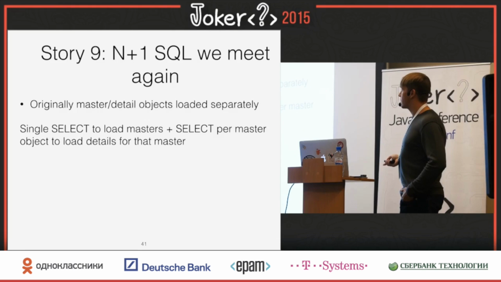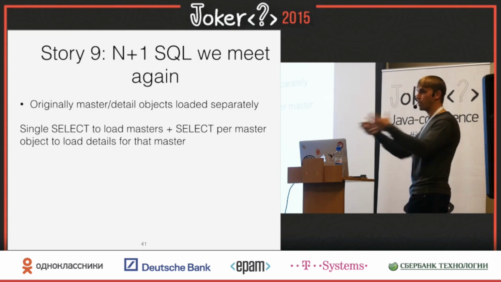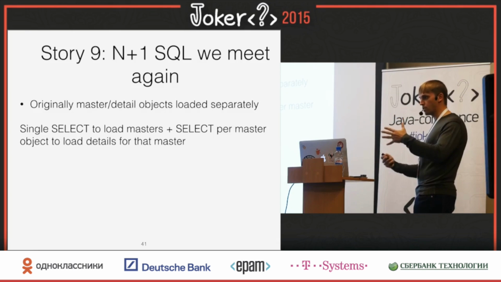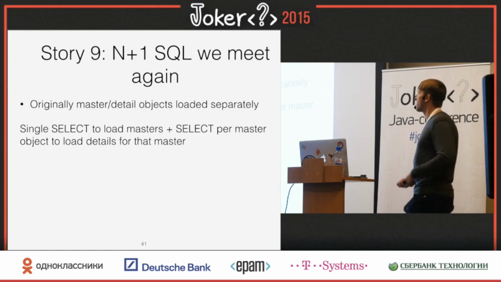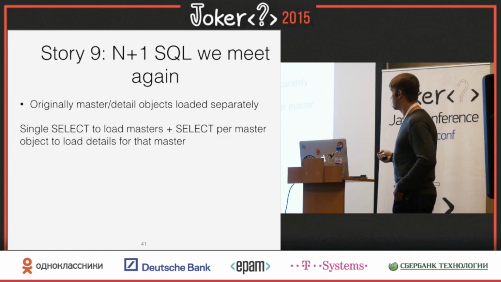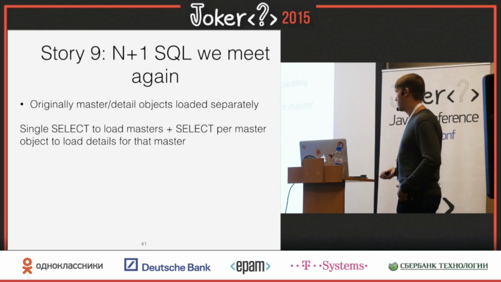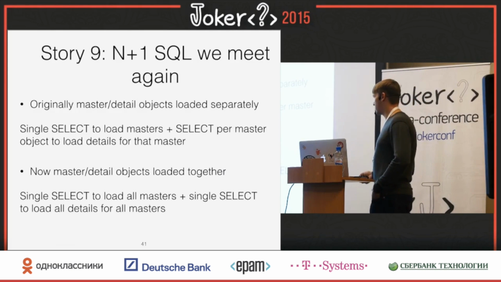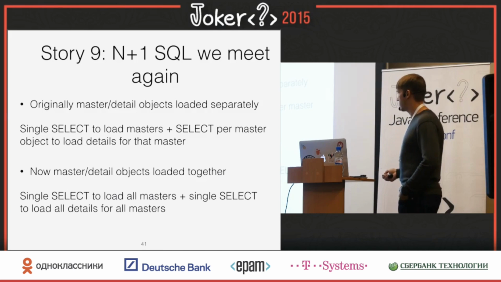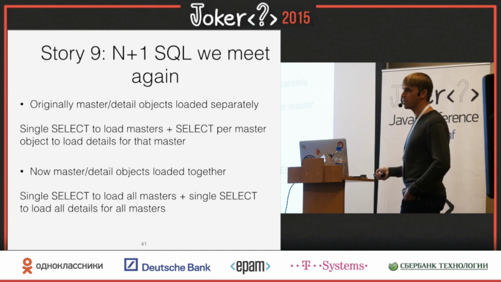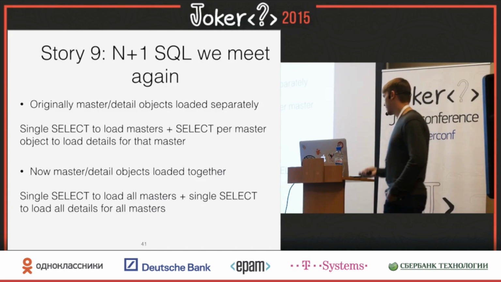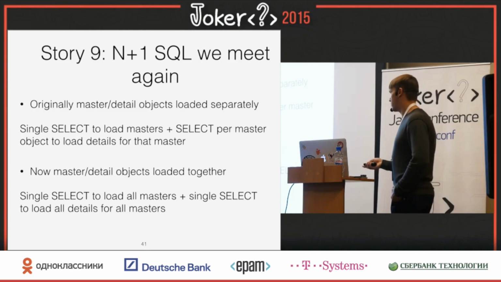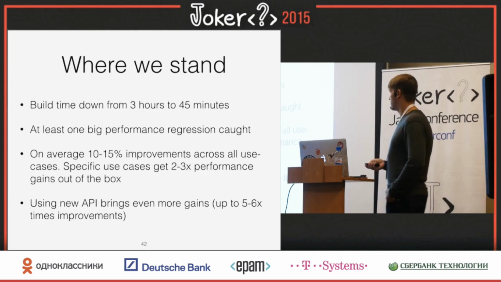It was even worse because our master detail loading is not lazy, but eager. So every time you get orders, we stuff in your order lines there. And the problem was we were doing this n+1 SQL thing. Of course, this was stupid. You can do it in 2 SQLs: 1 SQL to load all the orders, plus another SQL to load all the details based on the filters for the master. Huge wins, factors of 15 or even more on certain benchmarks.